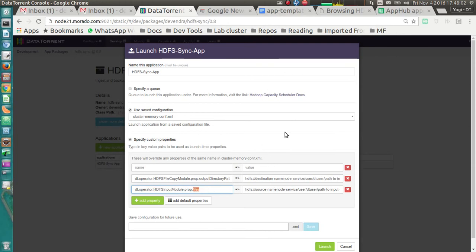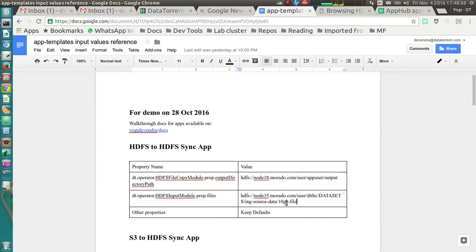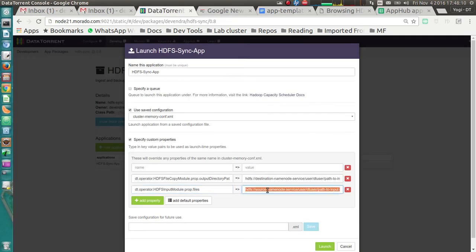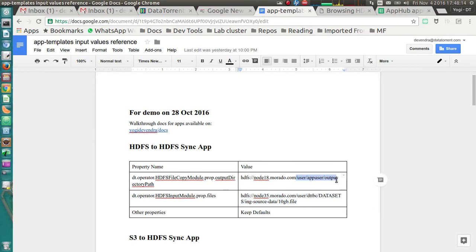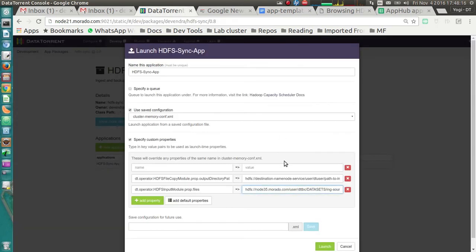I will be copying data from the remote cluster to my local cluster. So while specifying the path for the remote cluster, we need to specify the name node for the remote cluster.